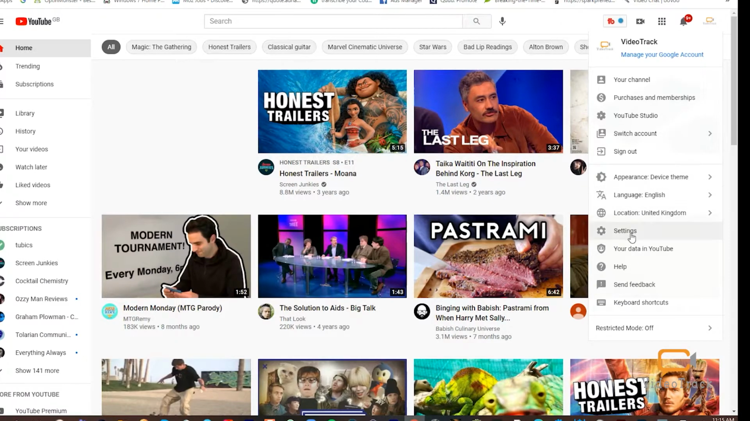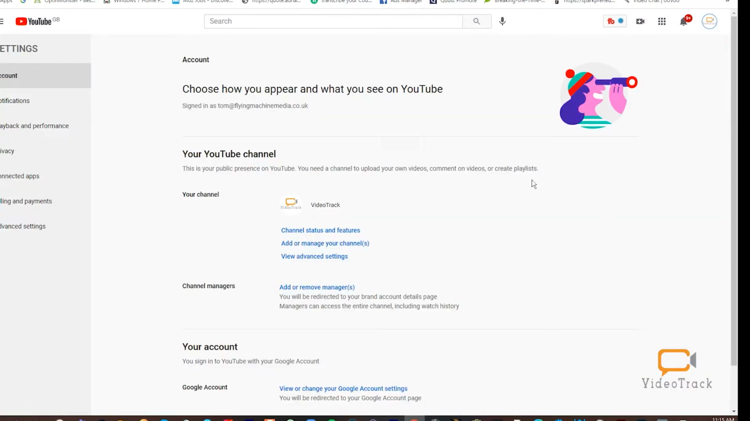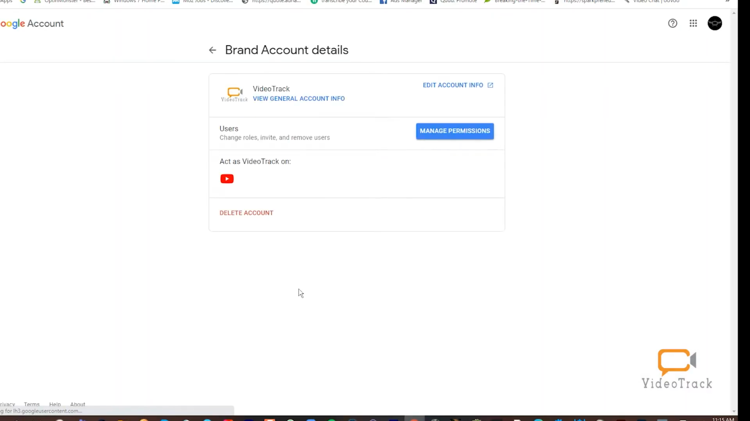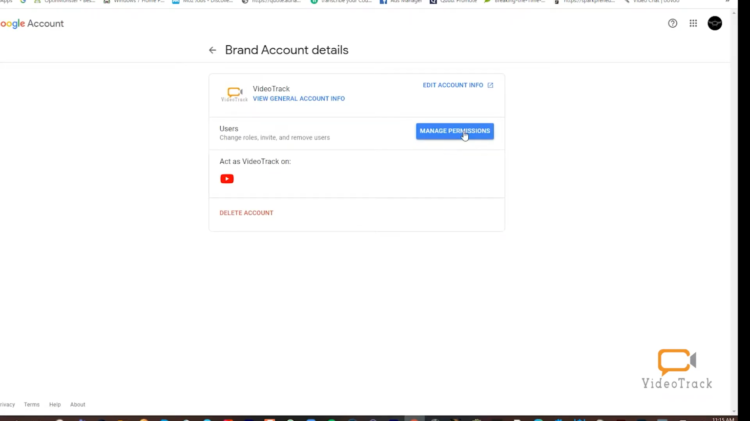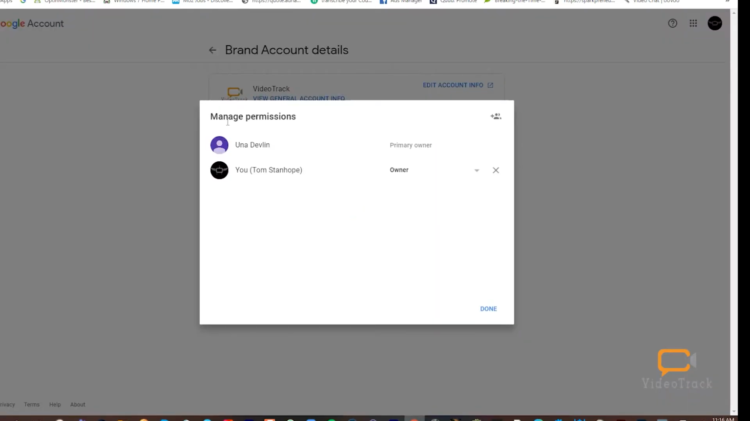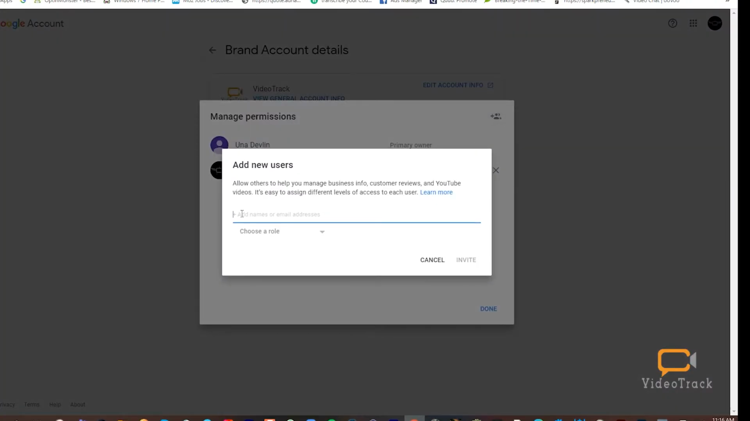down to settings, then you'll see this general settings screen. Down here in the account section, go to channel managers, add or remove managers. Now you'll need to go to manage permissions, click there, and then it'll probably ask you to verify, so I will do that. Click on it again and you'll see this manage permissions screen. You'll then need to go up to this little invite new users icon, click on that and add me in